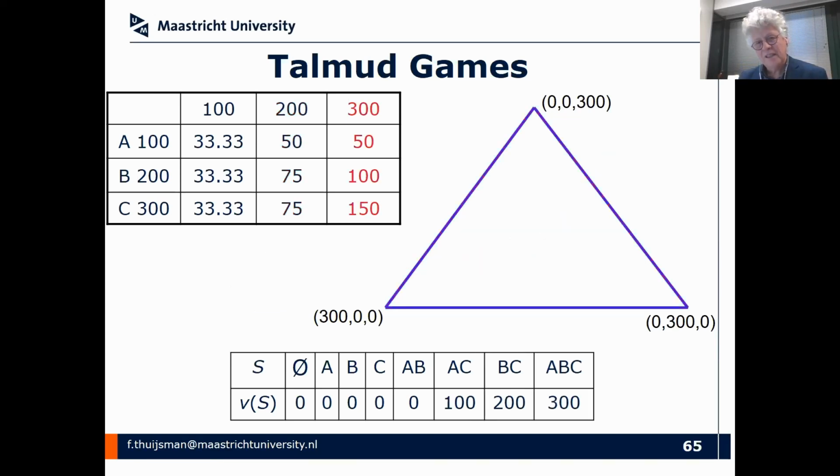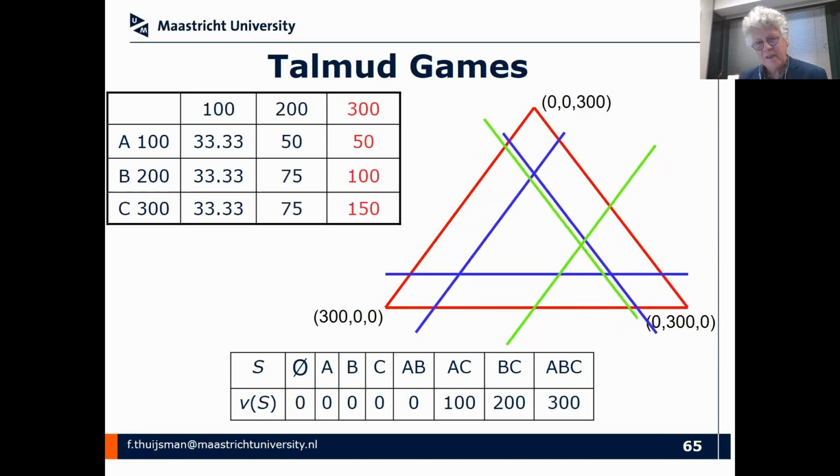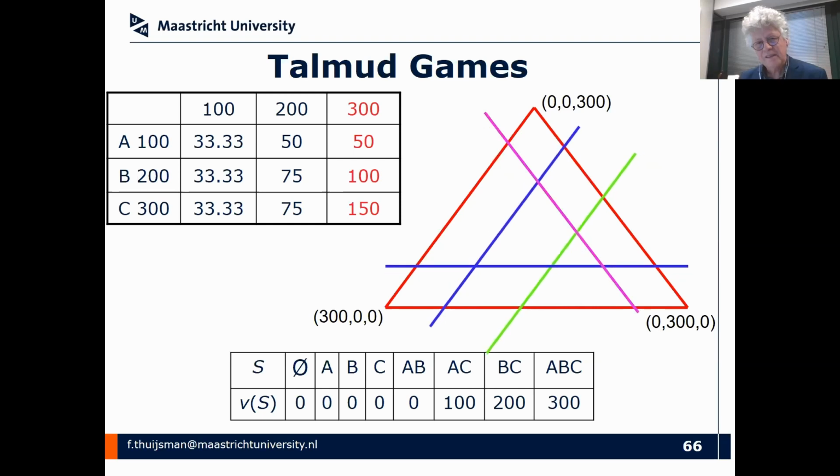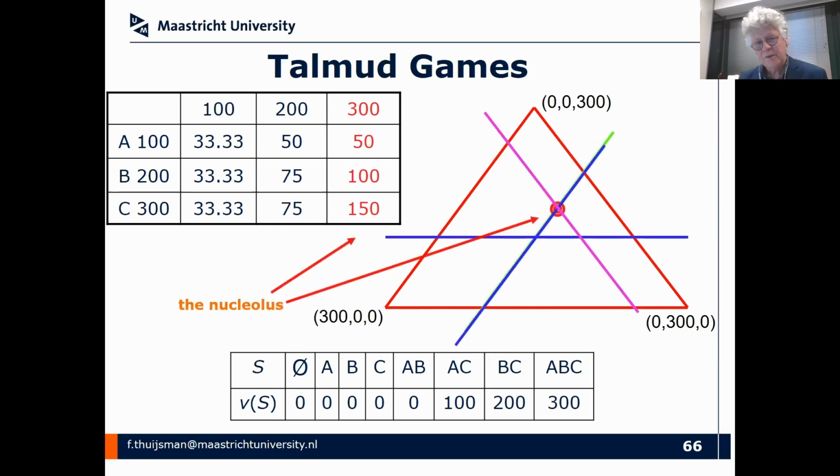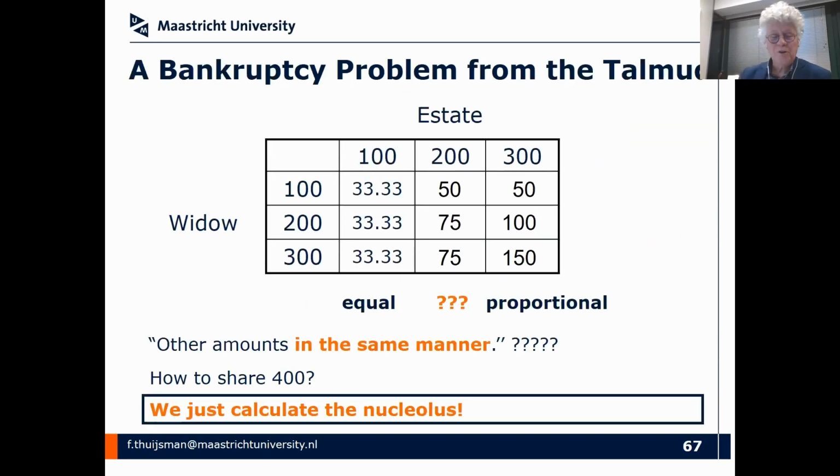If I do the same thing for the 300 case, freeze and continue, we arrive again at a unique solution. So what the Talmud simply says is, if you want to know how to divide the money, just calculate the nucleolus. That's all you need to do. However,